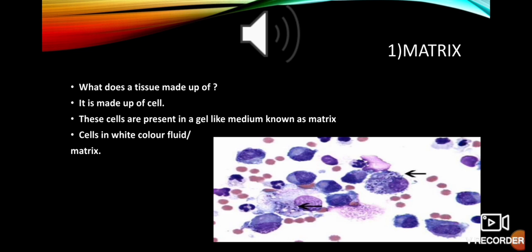Similarly, the tissue is composed of cells. So these cells need a ground or a base on which they can sit, on which they can stand. So all the tissues consist of cells and these cells lie in a base. What is this base? This base is known as matrix. Now matrix is mainly jelly-like in appearance. That means it is made up of water plus some solid substances. It looks like a gel and the tissues are sitting or floating on this.